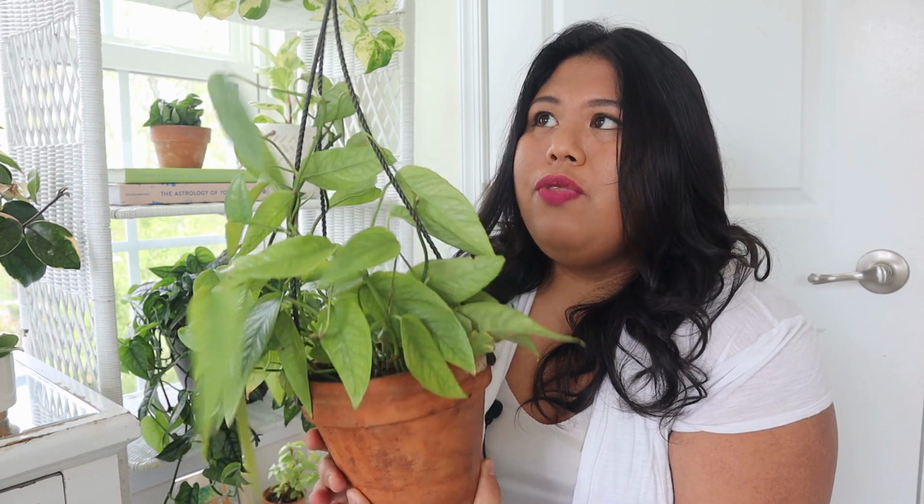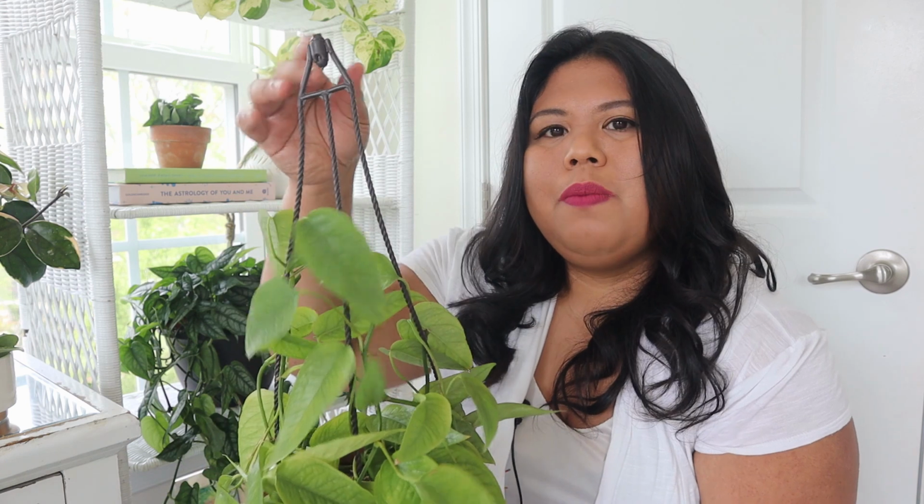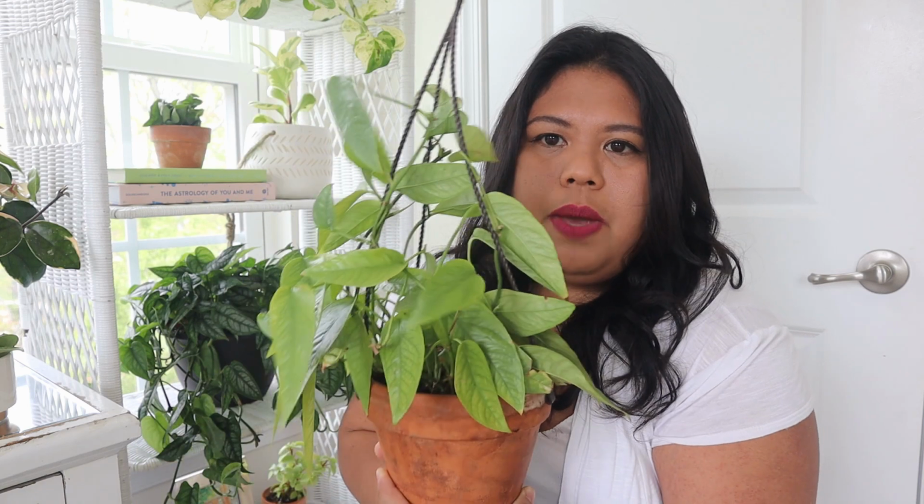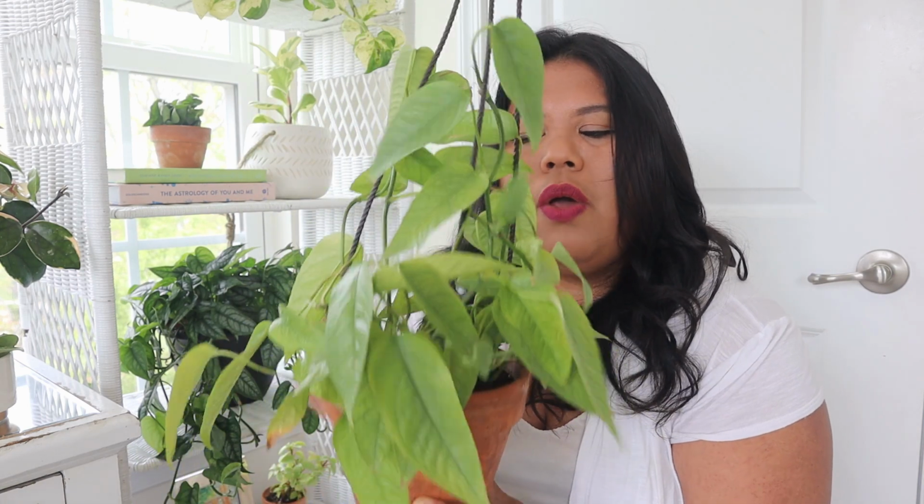And right now I've just kind of DIY'd a trellis for it. This is pretty much the plant hangers that you get when you buy plants from garden centers that are hanging. I usually save those plant hangers. I don't throw them away. So what I did, I just cut off the part that's like the hanger part and use the handles to trellis my Sebou pothos, which I also did for my Scindapsus pictus, which I'm gonna show you